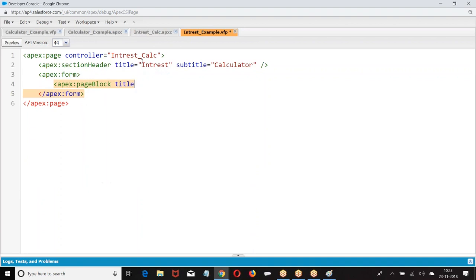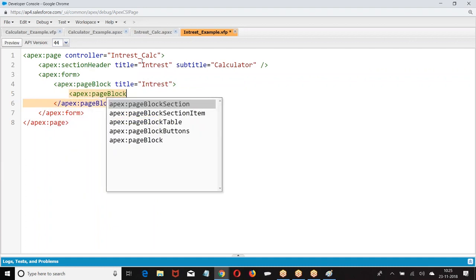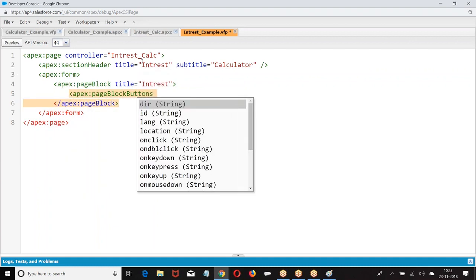Apex page block. Whatever the message you want to give. Then we have Apex page block buttons.